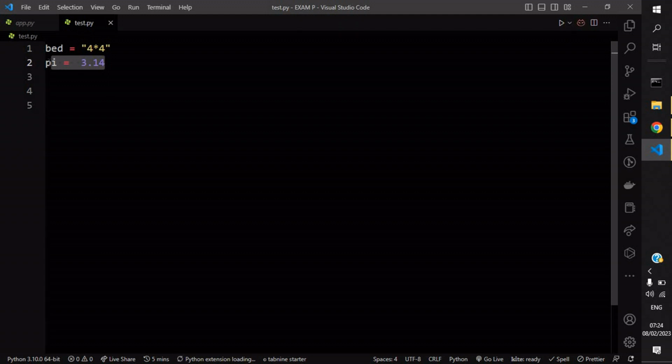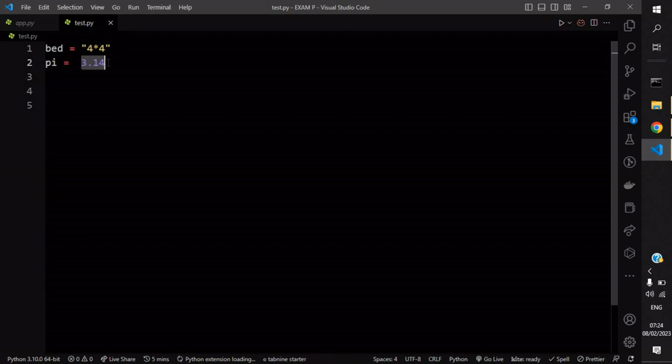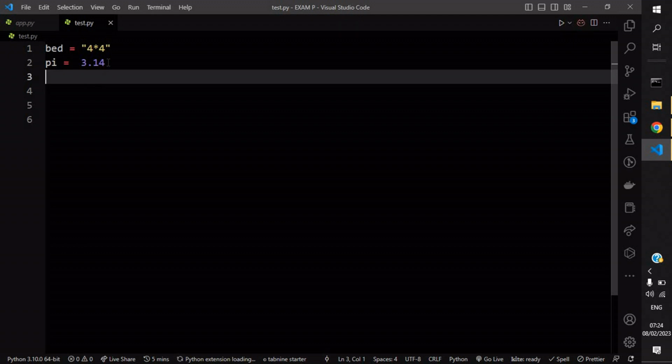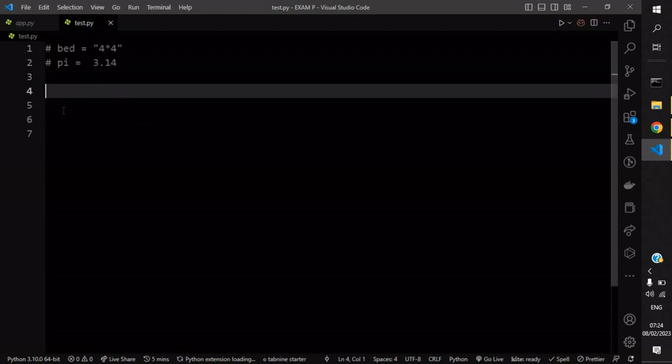A constant is basically an identifier of a memory location where that value is stored, just telling the program where that thing is located in memory. That's what identifiers basically are, and constants don't change, because pi will remain pi, it will remain 3.14. So how do you achieve this in Python? There are 3 easy ways I'm going to show you.